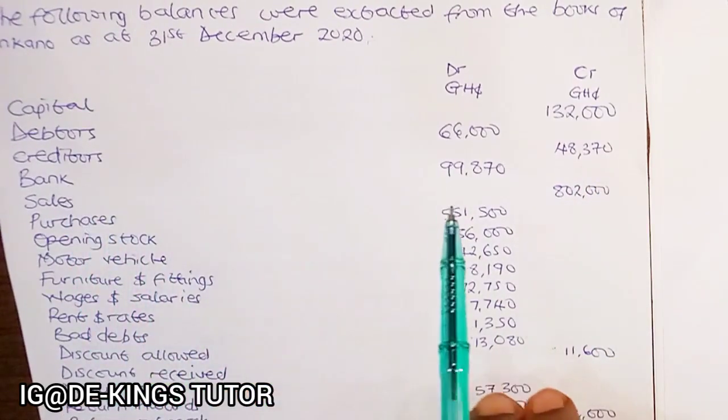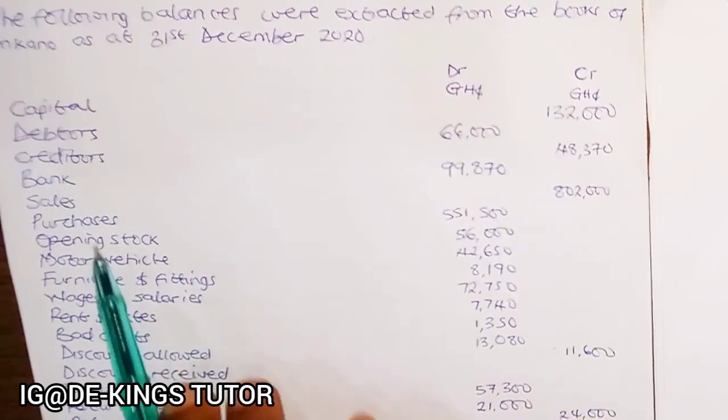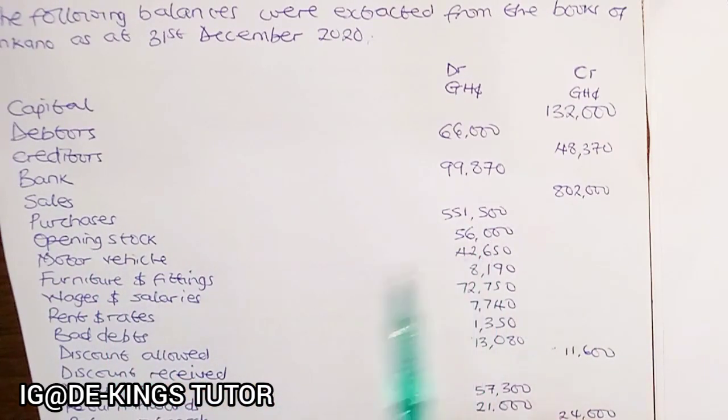48,370, bank 99,870, sales 802,000, purchases 551,400, opening stock 56,000, motor vehicle 42,650 Ghana cedis, furniture and fitting 8,190, wages and salary 72,750 Ghana cedis, rent and rates 7,740, bad debt 1,350, discount allowed 13,080 Ghana cedis, discount received 11,600, drawings